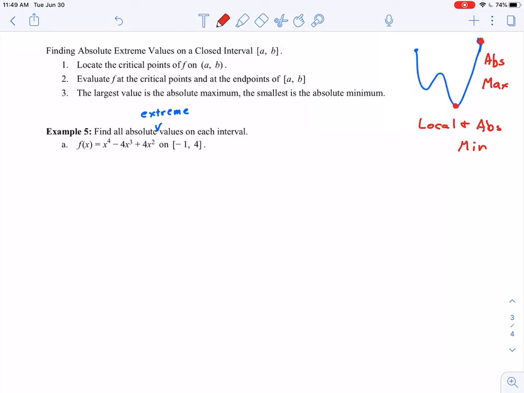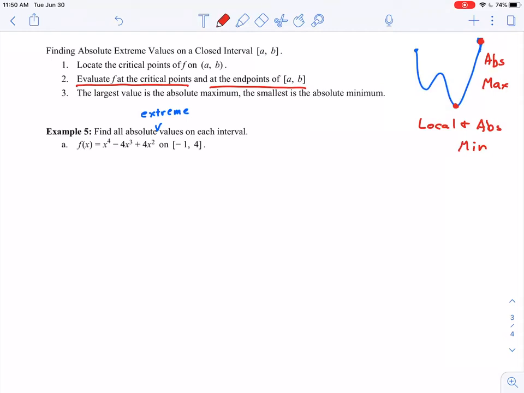Now we said local extreme values, if they occur, must occur at critical points. So what we're going to do in these problems, we're going to start by finding the critical points of f on our open interval AB. And this is exactly what we did in the last section. We are going to evaluate f at both the critical points and at the endpoints of our interval AB. So we're just going to take all of the critical points that we find along with the endpoints and plug